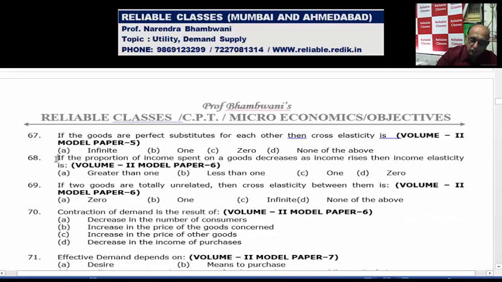ओके, ट्रमेंडस चेंज इन डिमांड. अगर परफेक्ट सब्स्टिट्यूट्स हैं तो एक में थोड़ा भी चेंज आया, अगर हमारे परफेक्ट सब्स्टिट्यूट ने भाव बहुत ज्यादा बढ़ा लिए तो हमारा डिमांड बहुत बढ़ जाएगा, और अगर उसने कम कर दिया तो हमारा डिमांड एकदम जीरो हो जाएगा. ओके, so there will be huge change in demand for our product. Okay, so infinite है. If proportion of income spent on goods decreases as the income rises, the income elasticity of